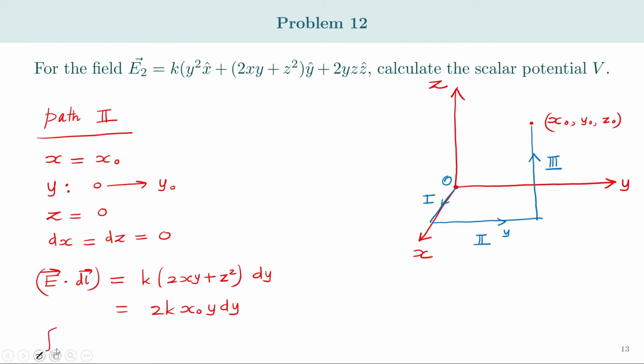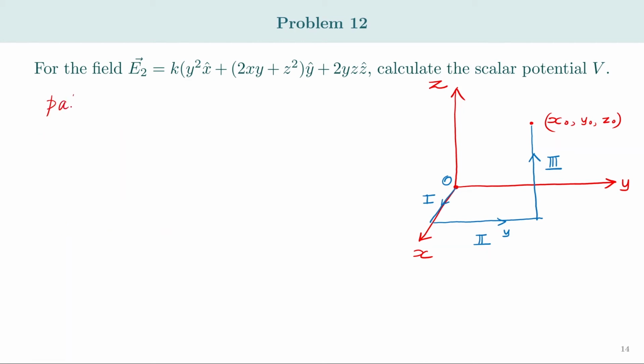Therefore, when we calculate the line integral for path 2, the integral of E dot dl is the integral from 0 to y0 of k times x0 y dy, which is equal to k x0 y0². And for path 3,